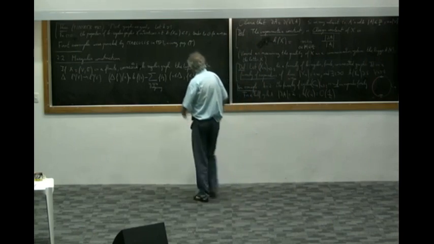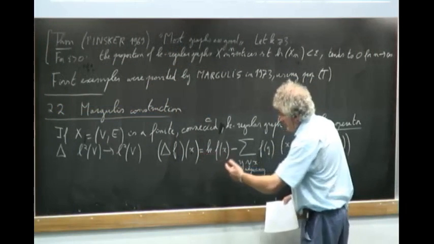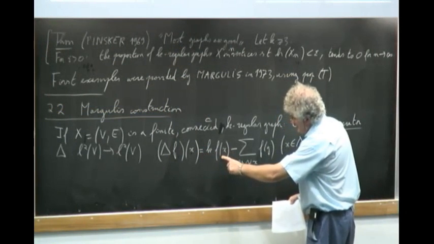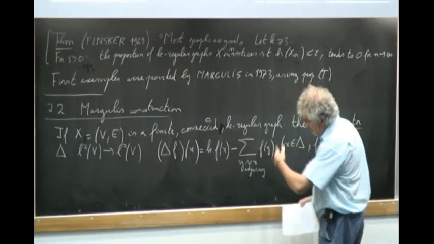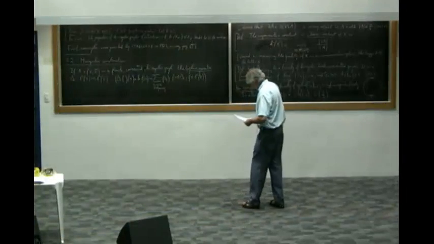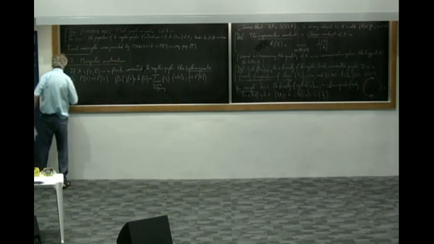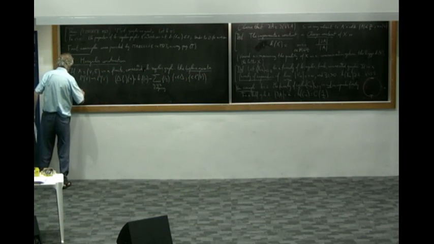Well, here basically it's in the definition. A function is harmonic if and only if the value at x is the mean of the values on the neighbors. And this turns out to be a non-negative operator